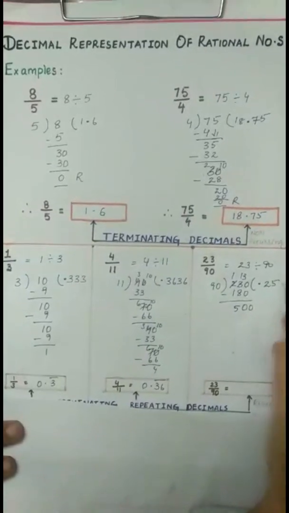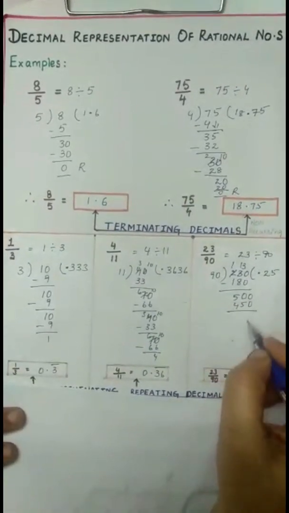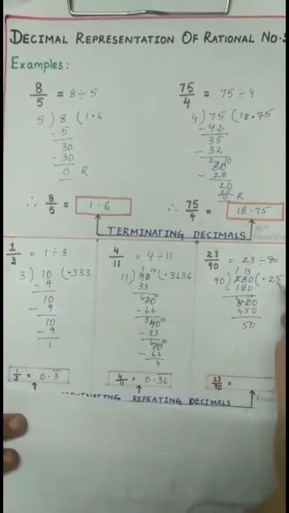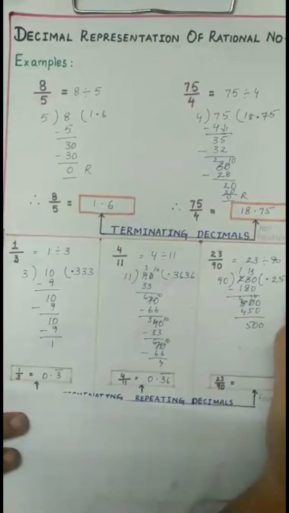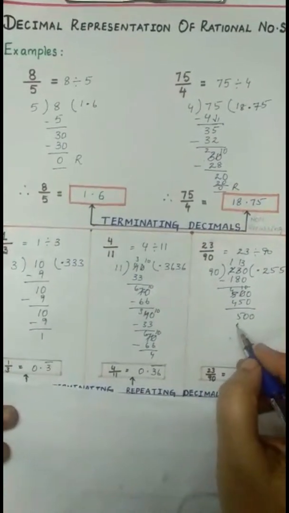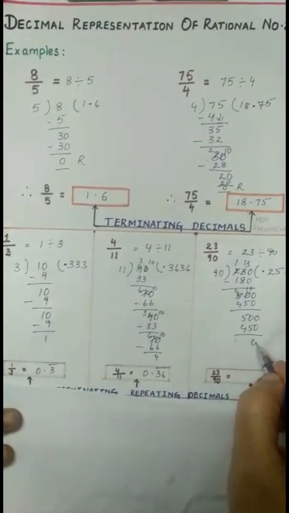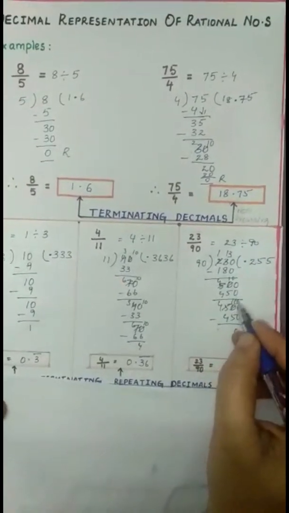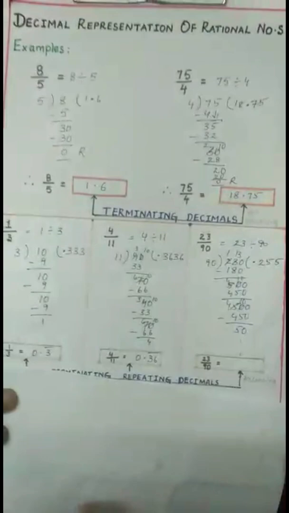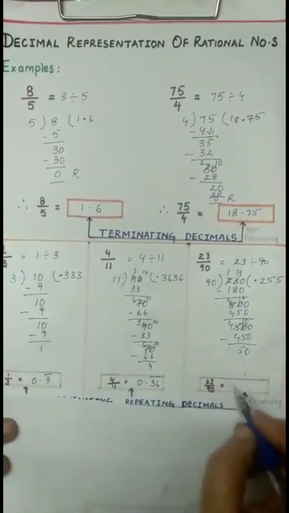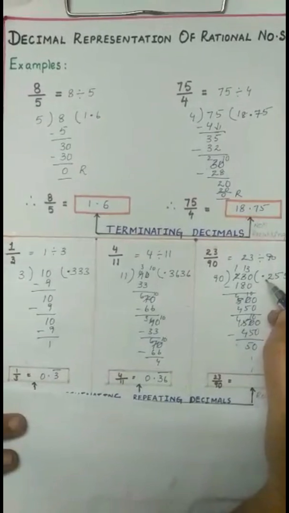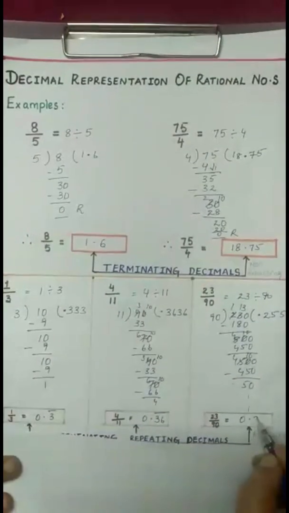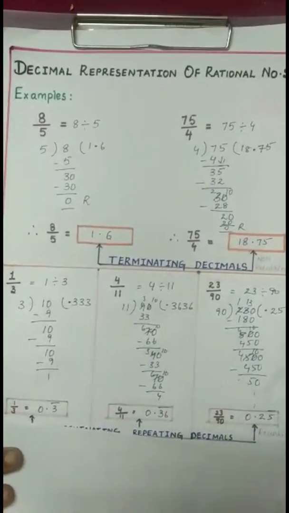And 9 fives are 450. 0 minus 0, 0. Again borrow, here 4 and 10 here. 10 minus 5, 5 here. Again we have the decimal over here, write 0. And again 9 fives are 450. 0 minus 0, 0. Subtract. 0 minus 5 we can't do, borrow, and here 10. 10 minus 5 is 5. And here also the division is repeating. Now in the quotient, after the decimal, the digit after 2 is repeating. So it can be written as 0.25 with a bar over 5.